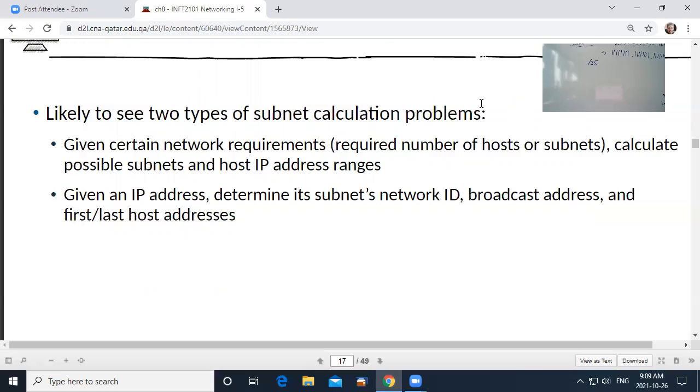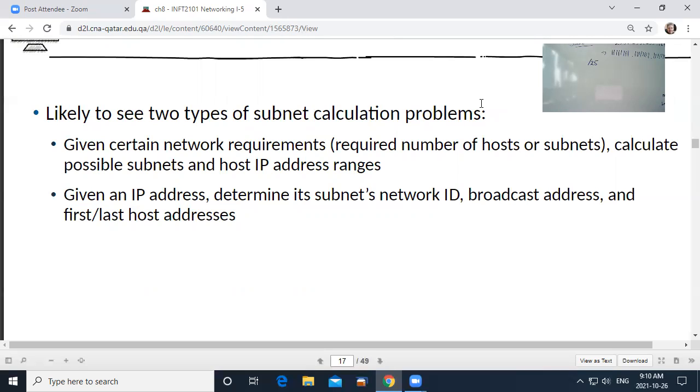Hope. But you would be given questions like this. You're told how many hosts or how many subnets you need, and you're given a network, and you have to create the subnets for it. So it's just basically mathematics. How many networks do I need from this big network? How many hosts in each network? From that, I can see how I'm going to subnet.